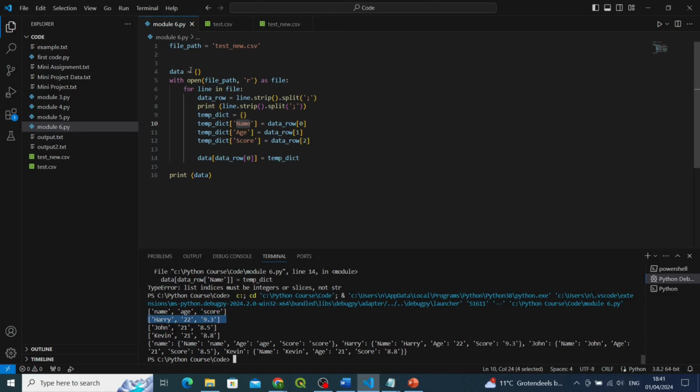So now create a key. The key is data row 0, that is name over here, Harry, and give it a value of the complete dictionary, like make it a bit nested. And in the next iteration, the dictionary becomes empty, everything fills in, and now we have this sort of thing. But a better way would be to have it like this,